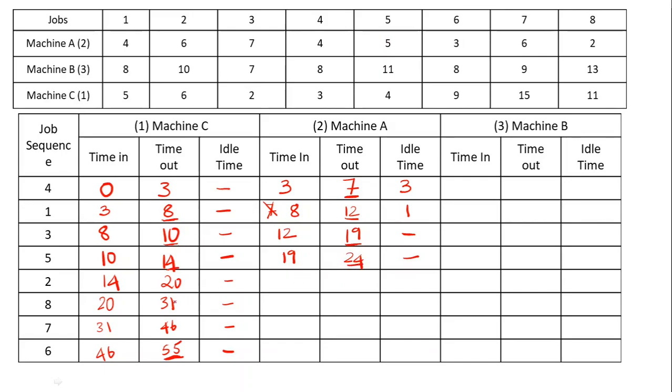Again look over here, 24 hours and 20 hours. At the 24th hour, as soon as job 5 is completed, it can start the next process of job 2. So 24, no idle time. Look into the job. It takes 6 hours to complete that particular job. So now it is 30, 24 plus 6. So compare this value, 30 over here, whereas 31 over here.